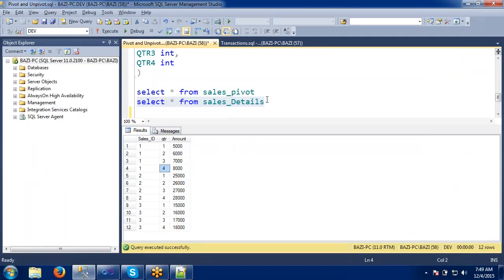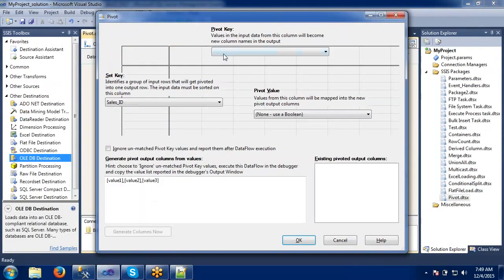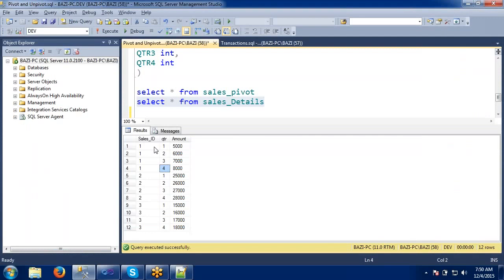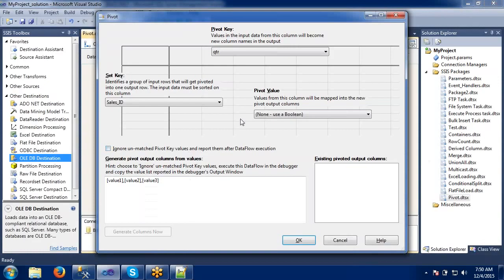That's why we have to give the pivot key value as quarter. And the values from this column will be mapped into the new pivot column values, which is nothing but its respective amount, means for the first quarter, first sales ID, the value should be amount, right? So the same thing we are doing here, amount here.